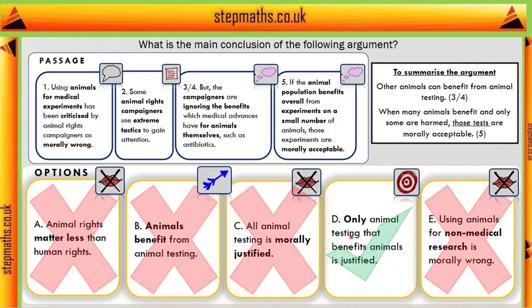In any case, if you ruled out all the options, and you were trying to guess what they intended the answer to be, I think it would probably be a choice between C and D, because A and E obviously aren't said, and B is obviously meant as a reason. These are to do with what justifies animal testing, which we know is what the writer's arguing towards. And I suppose D seems more plausible than C, as at least something the writer believes, even if they don't say it explicitly, because the word all makes C too strong and implausible. So D is probably the best guess, even if it looks like it's incorrect at first.